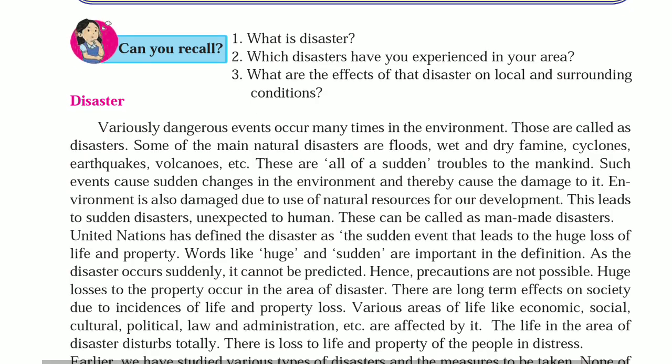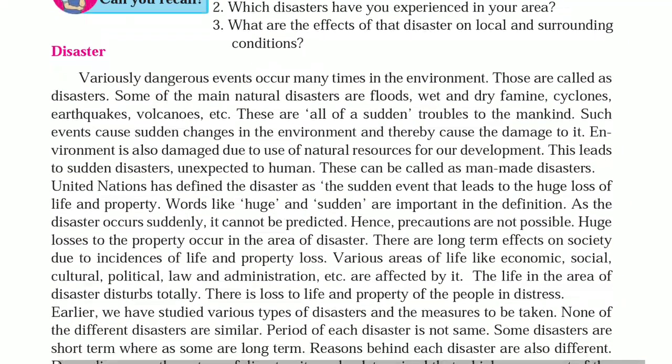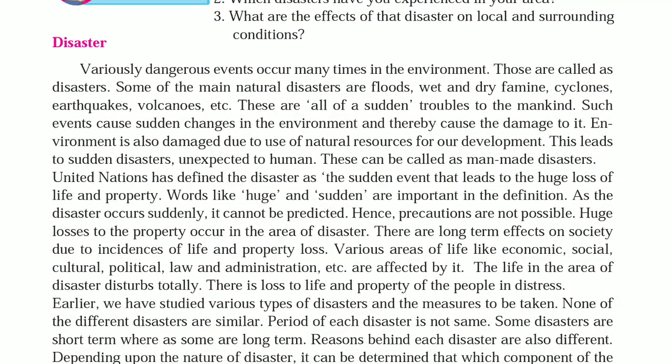Disaster. Various dangerous events occur many times in the environment. Those are called disasters. Some of the main natural disasters are floods, wet and dry famine, cyclones, earthquakes, volcanoes, etc. These are all sudden troubles for mankind.